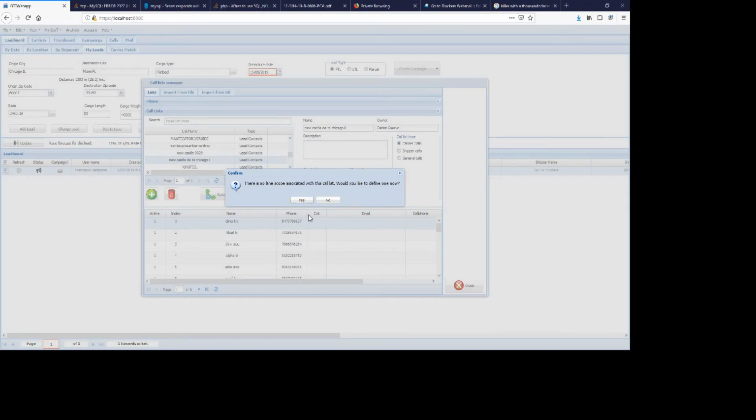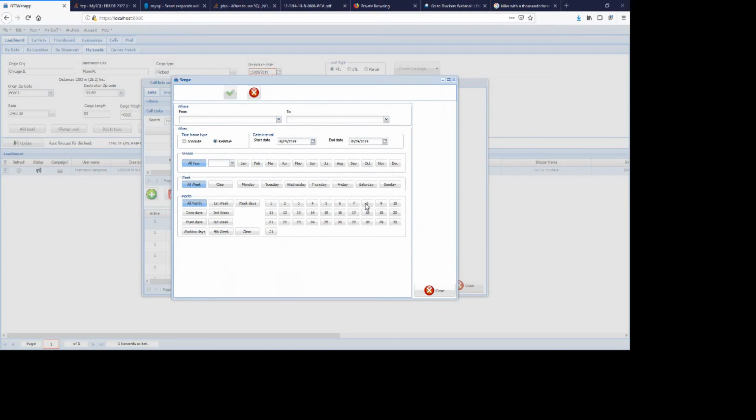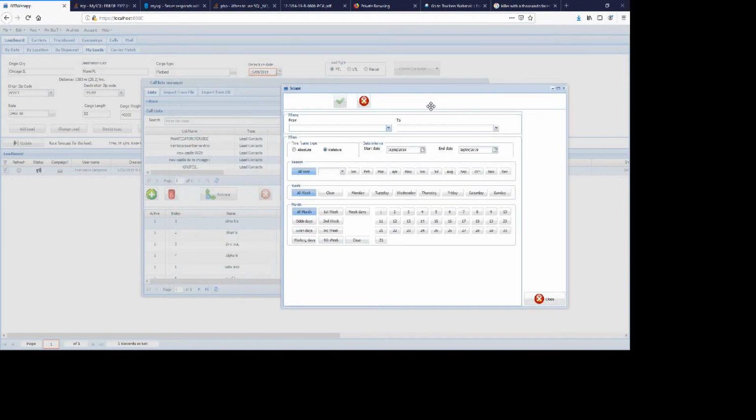So it says there is no scope associated to the call list. Would you like to define one now? We say yes, and this new dialog appears in which you can enter the lane. The lane can be a city and a state